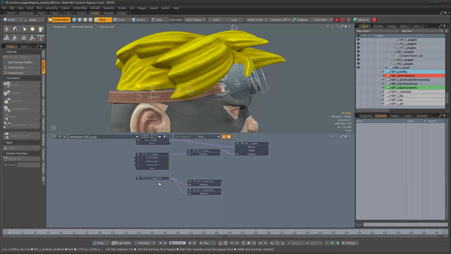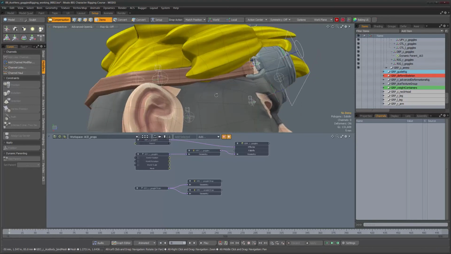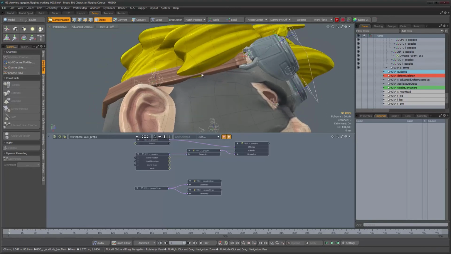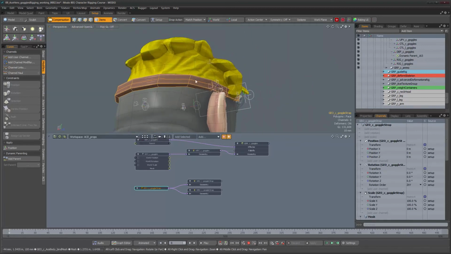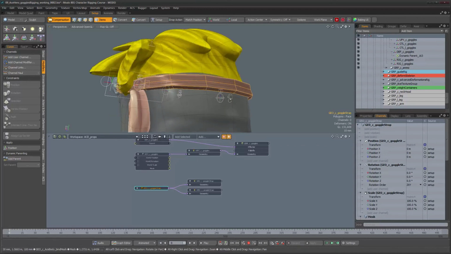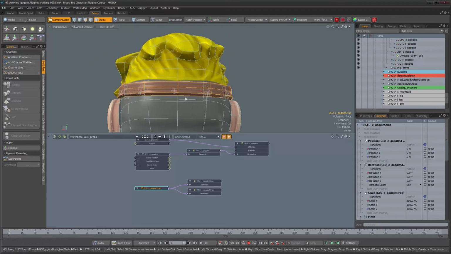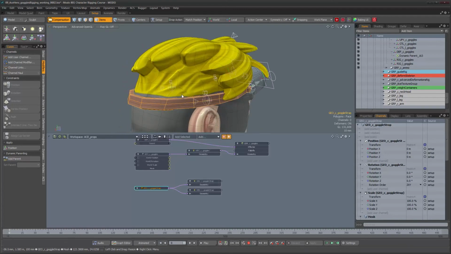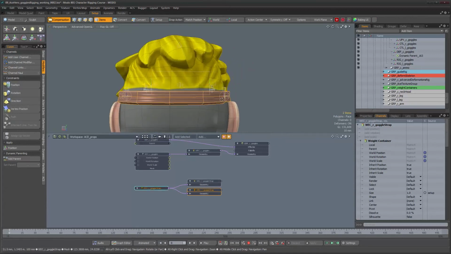So we have here our 2 weight containers, one for each side of the head, and we need to add points to them. Okay, and in this case what I'm going to do is add all the points from one side up to the middle to one of these deformers, and then the other side to the other one, and they're going to overlap in the middle, but because we're going to put both influences in a normalizing folder, that should not cause a problem. So let's select our first locator, let's say for the right side, and the strap, and